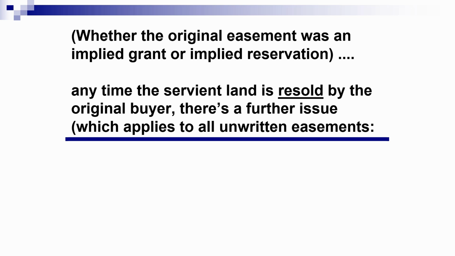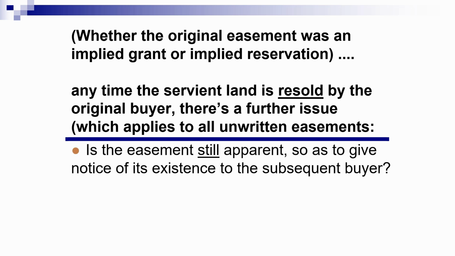Whether the original easement was an implied grant or an implied reservation, there is a further notice issue that arises anytime the servient land is resold in the future. In fact, this notice issue applies to all unwritten easements. And the reason it exists is that if the easement isn't still apparent, then the subsequent buyer may have no notice of its existence. And if a buyer buys a piece of land with an easement across it, but has no notice of the existence of that easement,